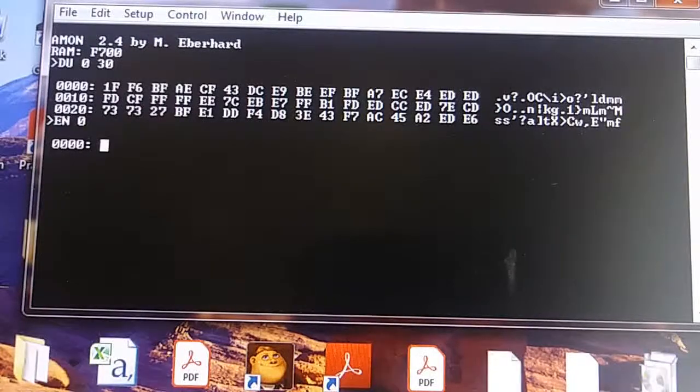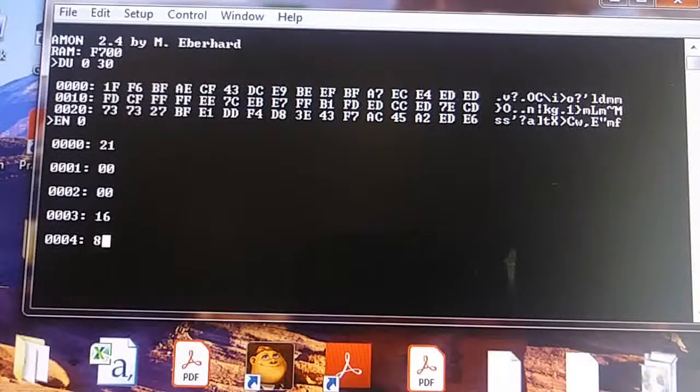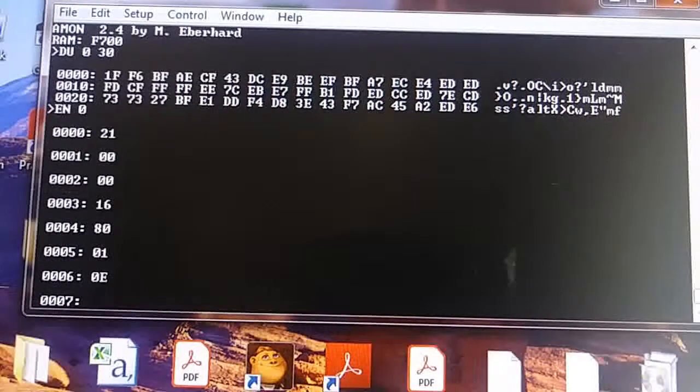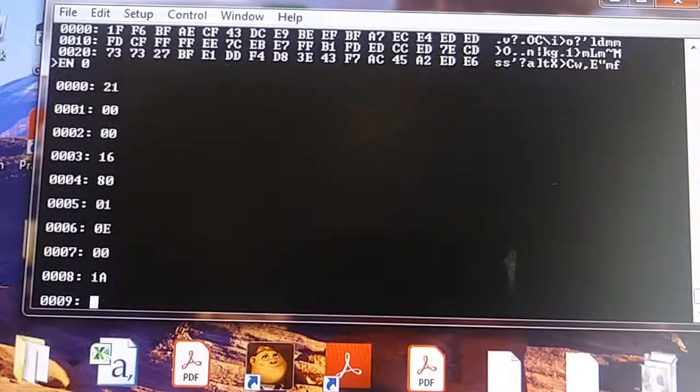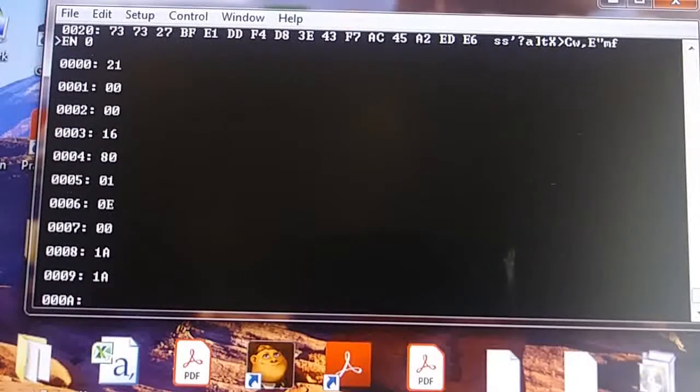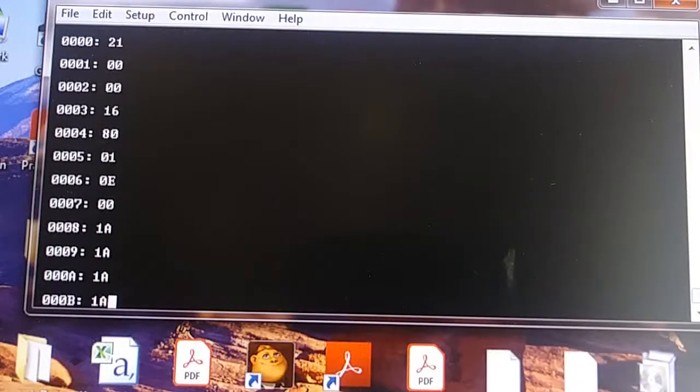And the first command is 21, 00, 00, 16, 80, 01, 0E, 00, and a couple of 1As: 1A, 1A, 1A, 1A, and the 09,